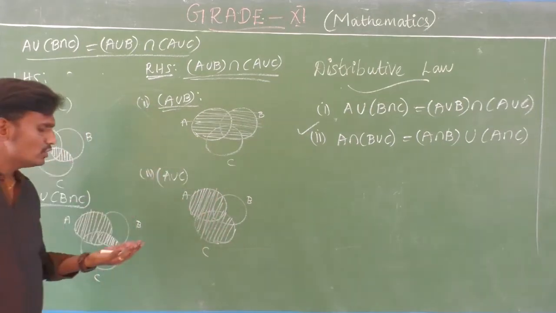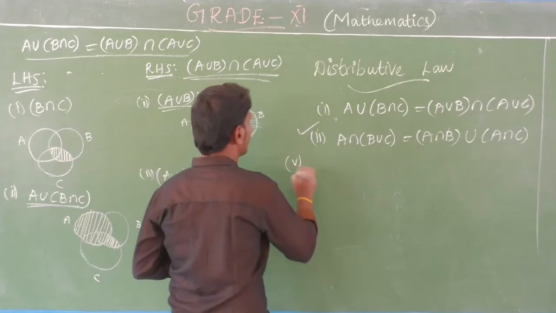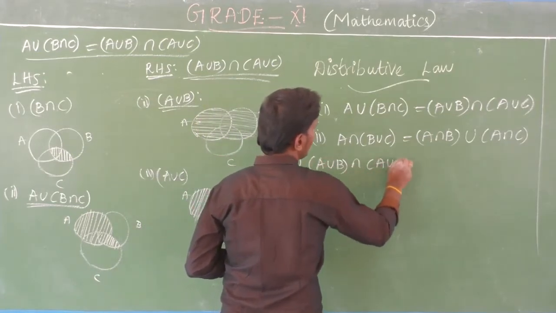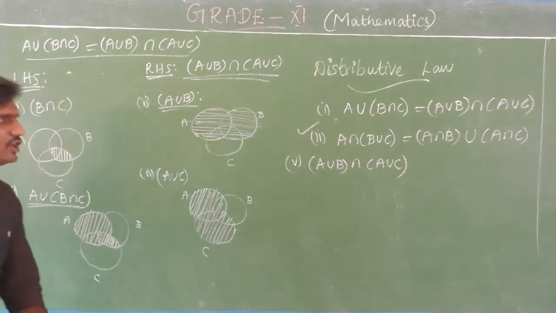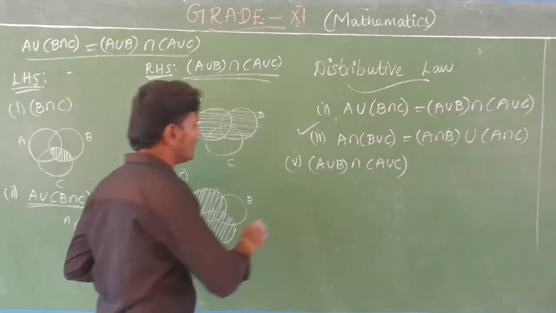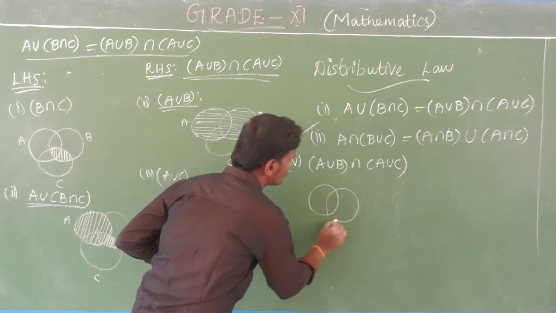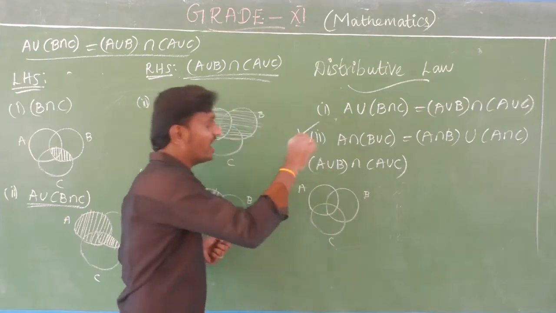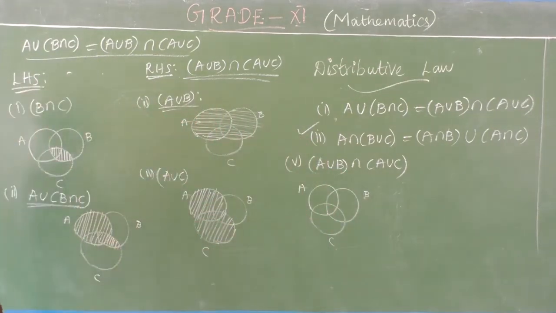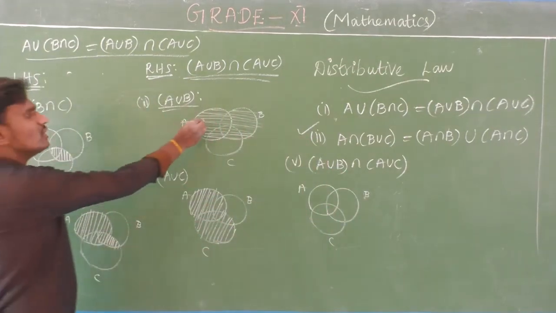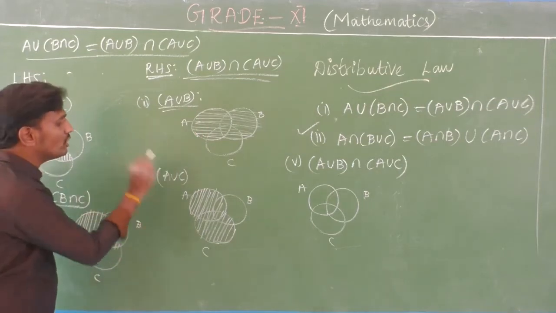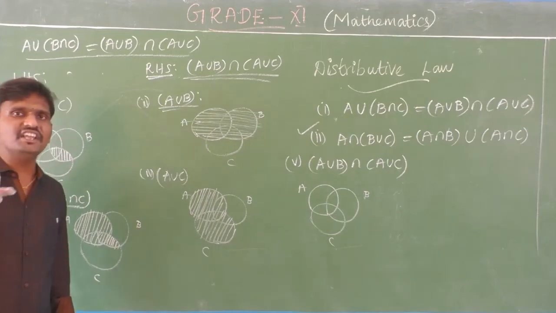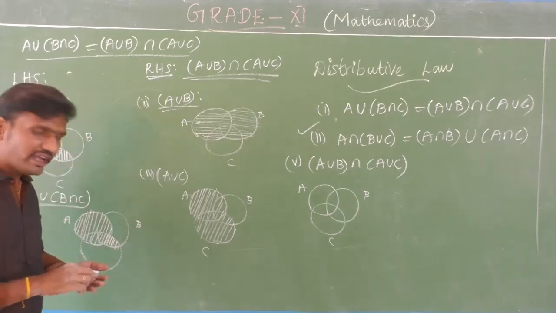A and C. So finally, I am going to write A union B intersection A union C. For that, I am going to draw the same three circles and mention what the common place is, the common shading for A union B and A union C. So this is your A union B and that is your A union C. Look at the two diagrams: which place is commonly shaded on both? Can you find it?